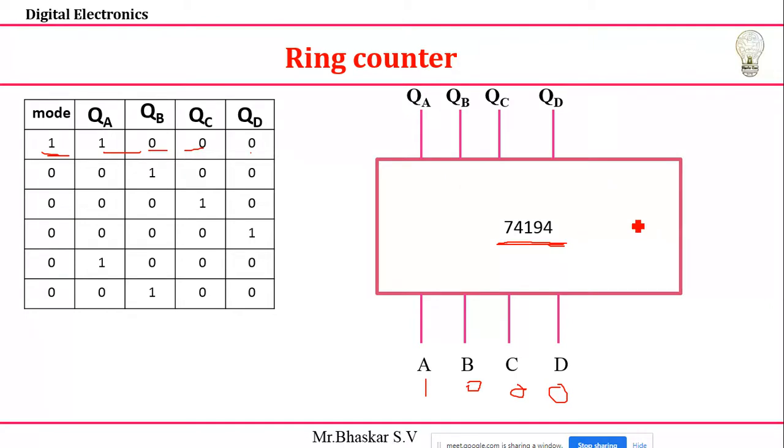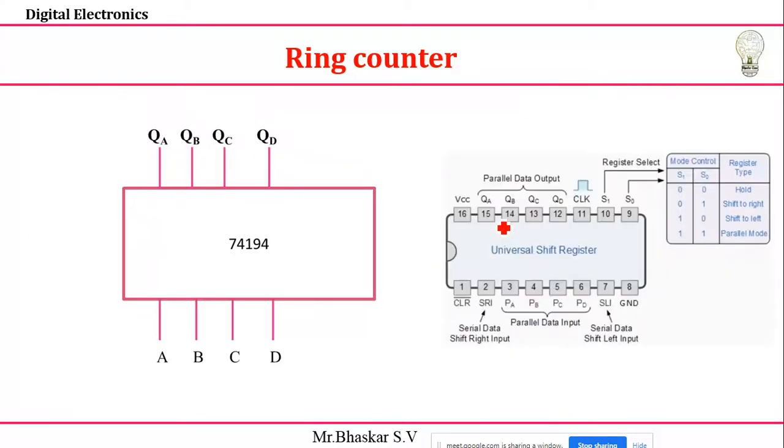I want to do some operation, right? I want to shift right. For that, I need to consider some of the inputs also. So what inputs can I consider? Just see. One is the serial input SRI. I'm going to use the shift right side. I only did the parallel loading. Now I want to shift right side, I want to do right shift. I'm going to use this pin, SRI.